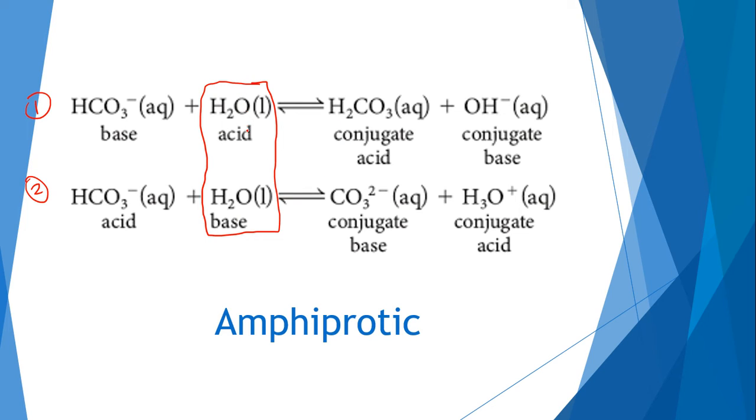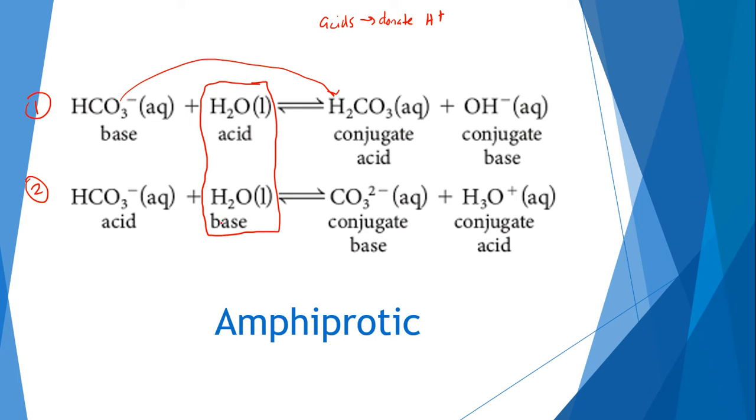Here we have it as an acid. So remember, acids donate. So acids donate a hydrogen. So you're going to see one of those hydrogens leave. So the H2O becomes an OH because I'm getting rid of one of the hydrogens. It's going to give the hydrogen over to our base. And this is a base because here I have one hydrogen and it turns into having 2. So that means that this is our base.